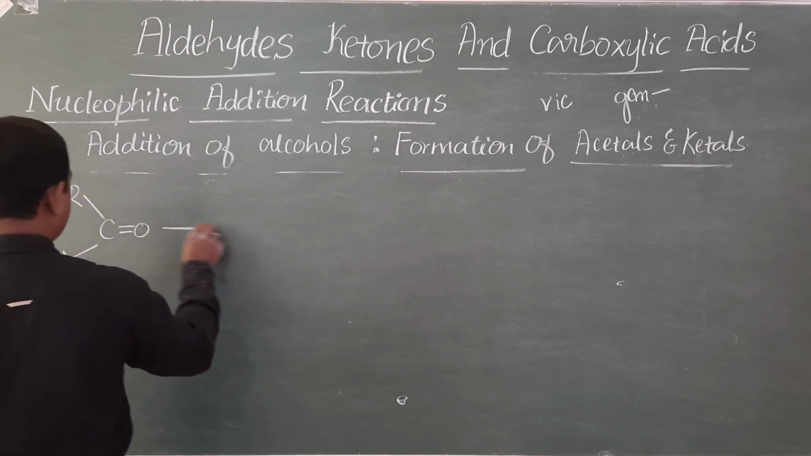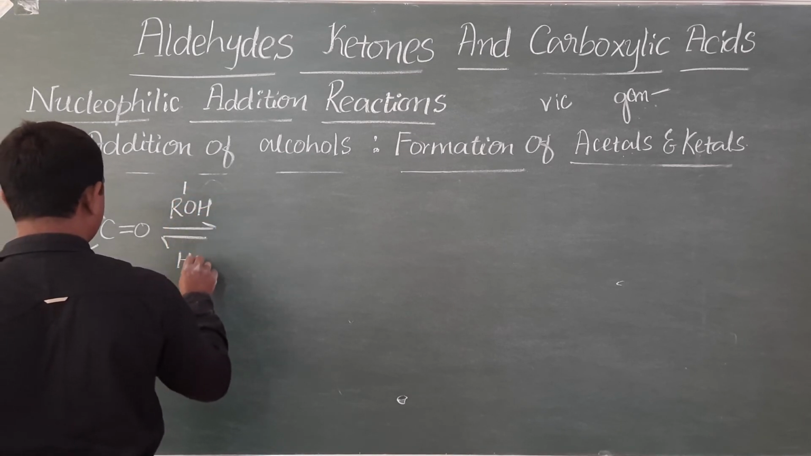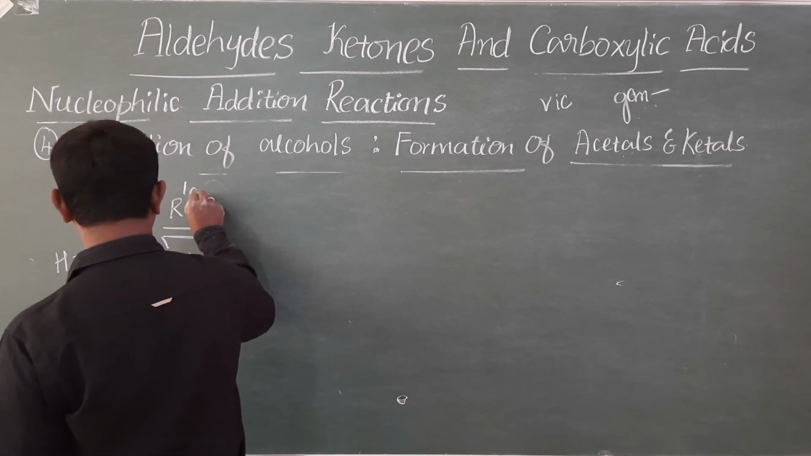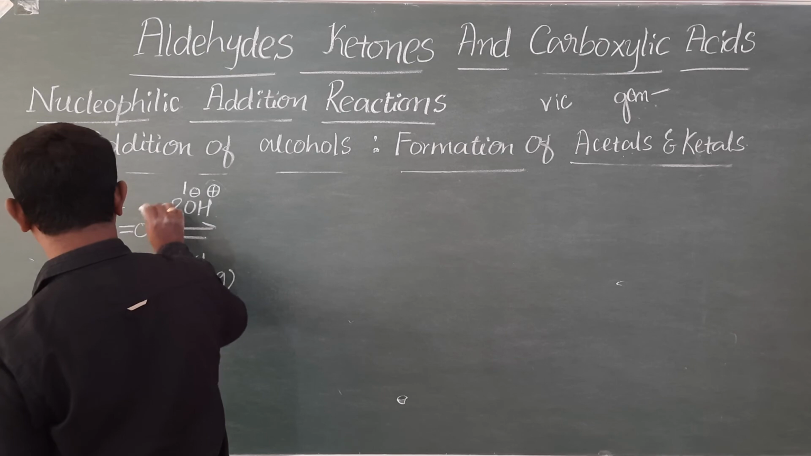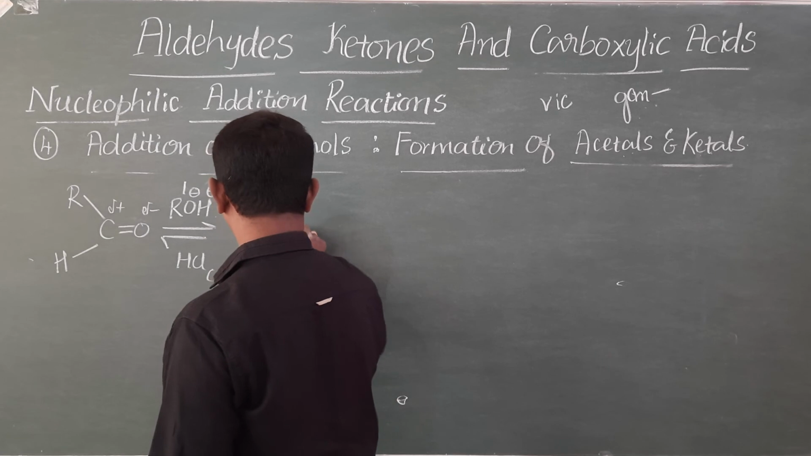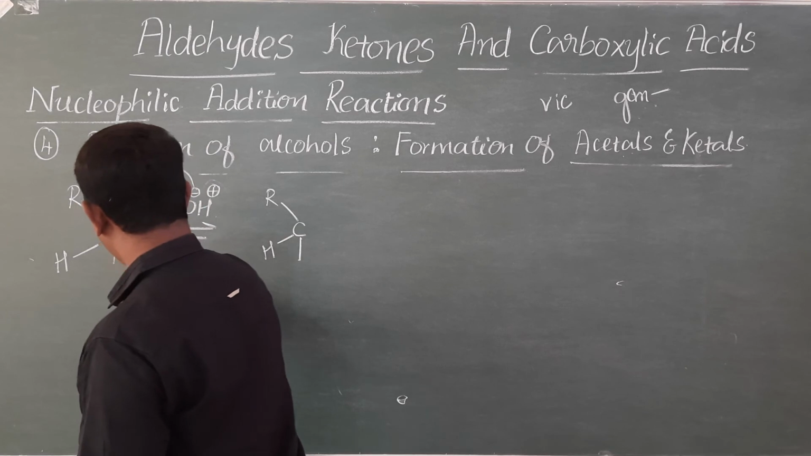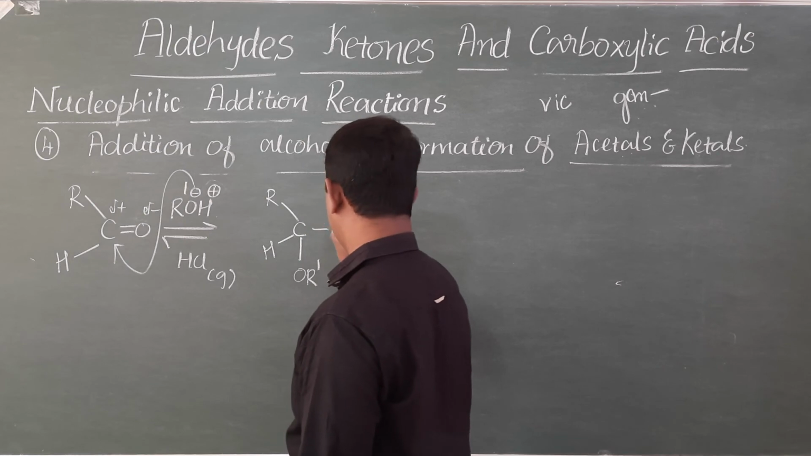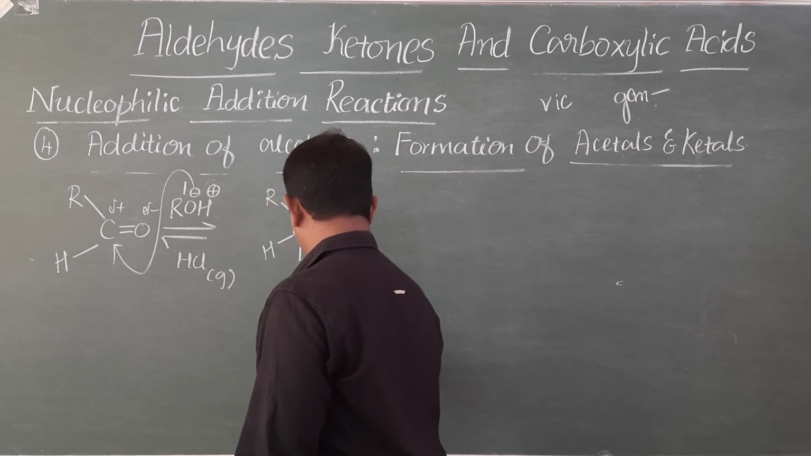Aldehyde reacts with alcohol, monohydric. Monohydric means containing only one OH group. This is R dash O minus H plus, delta plus, delta minus. So it is R C H. Nucleophile will attack here, that is O R dash. This is single bond OH. What is this? Alkoxy alcohol called as